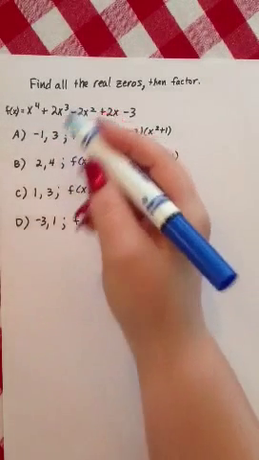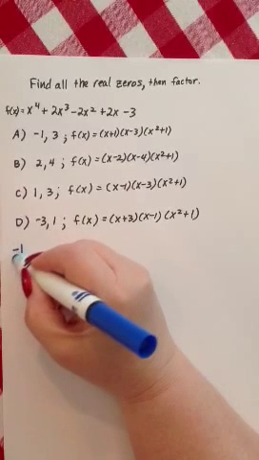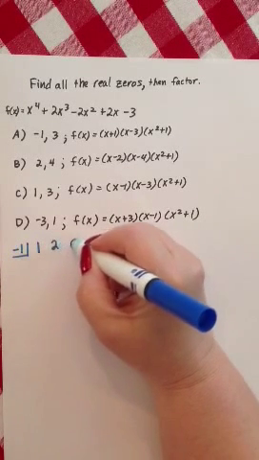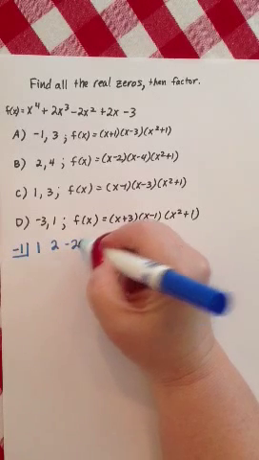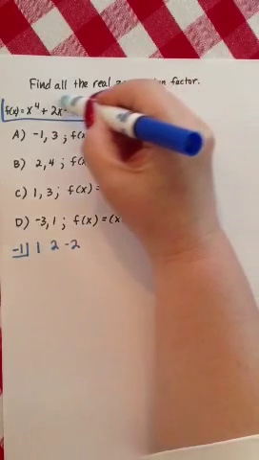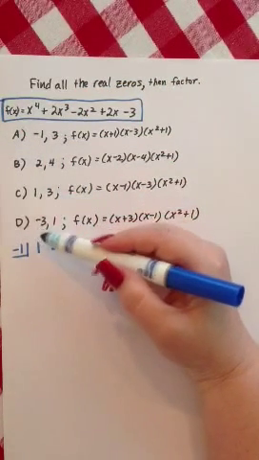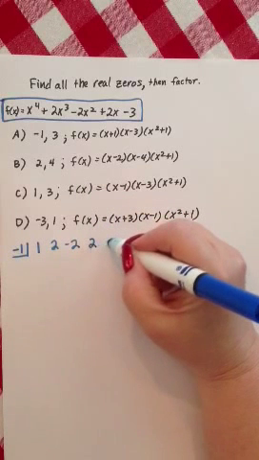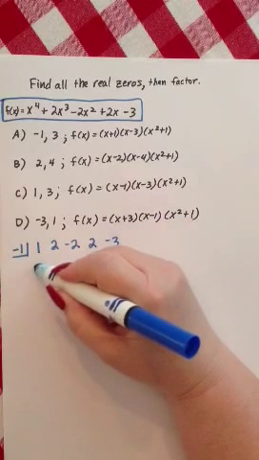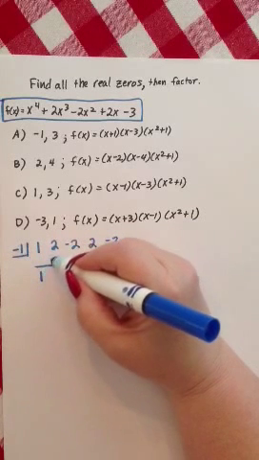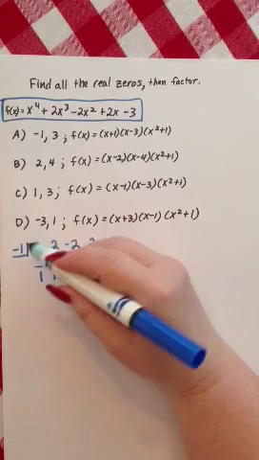Let's say we want to try the first answer, so we say, well, let's see if -1 is a 0. So we put 1 for x to the 4th, 2 for x cubed, -2 for x squared. Remember, this is your polynomial function up here. Okay, so 1 for x to the 4th, 2 for x cubed, -2 for x squared, 2 for the x term, and -3. So I put a line, bring down the 1, -1 times 1 is -1, add my column,